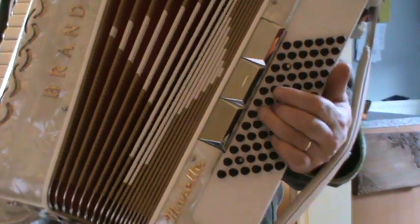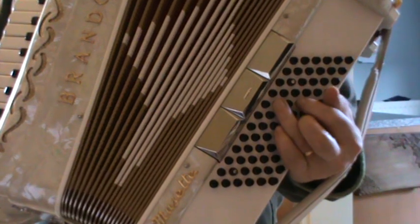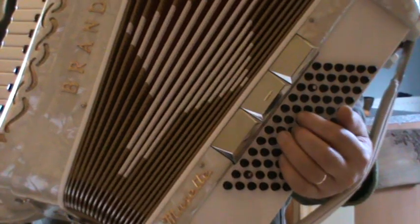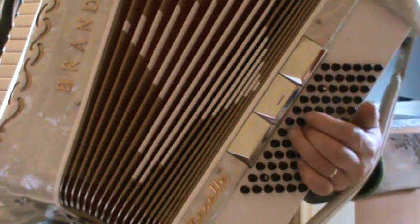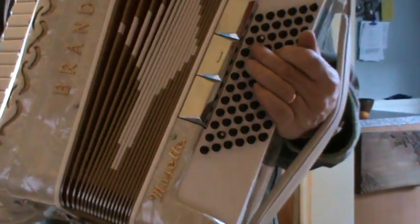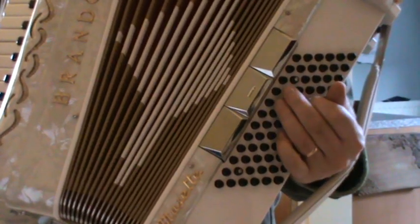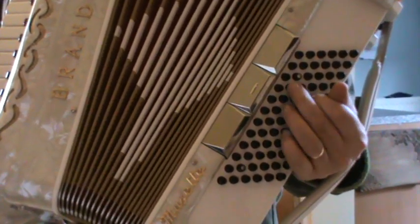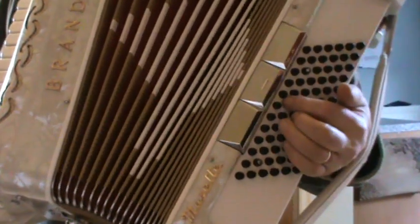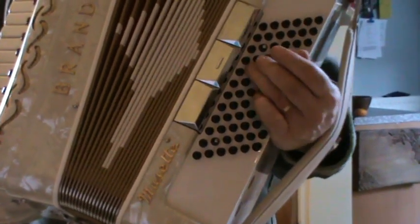So C to D minor. So not just D, but D minor with the alternate bass. So it goes like this. Shift to D and dominant. And remember the dominant, this one, because the minor chord is the index, the middle finger has to be the dominant. So shift to D,